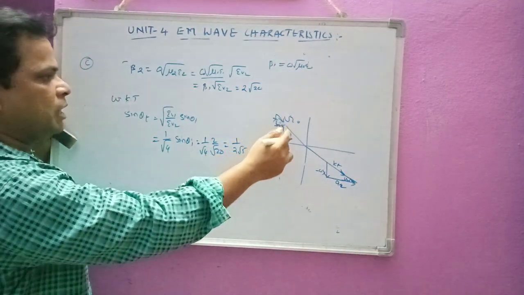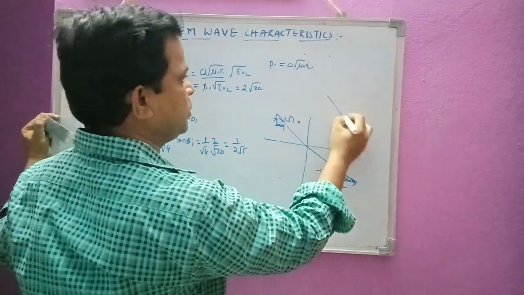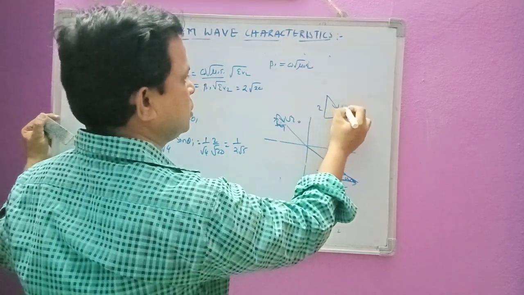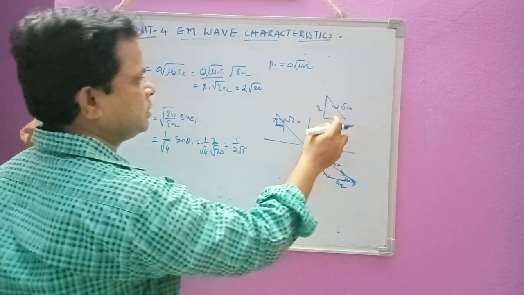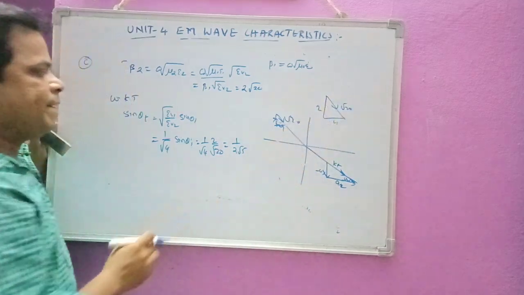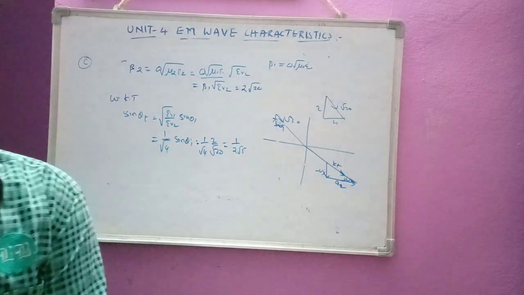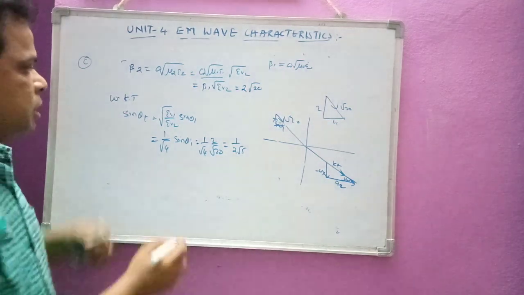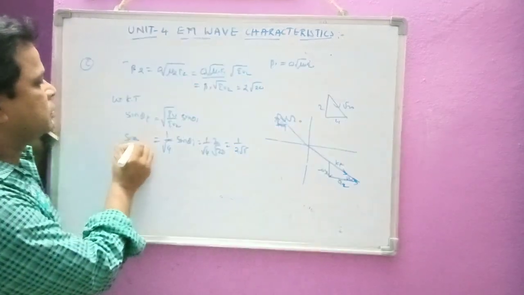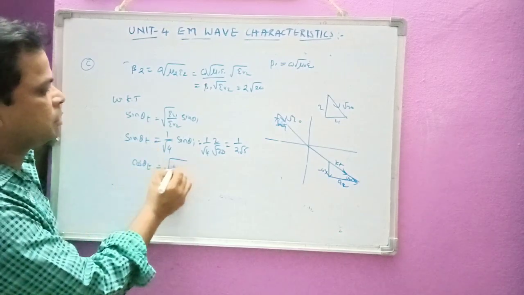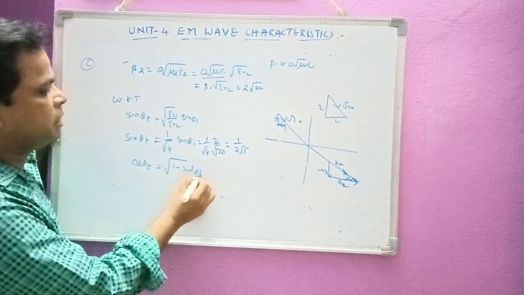So this is from the triangle we have taken in the first diagram. First diagram we have taken like this. This is 2 and this is 4 and the resultant is root 20. The sin component is 2 by root 20 here, sin theta i. Next, similarly I have to use the value of cos theta t. So cos theta t, if I want to get the value of cos theta t, I just have to take 1 by square root of sin square theta t. That's all.